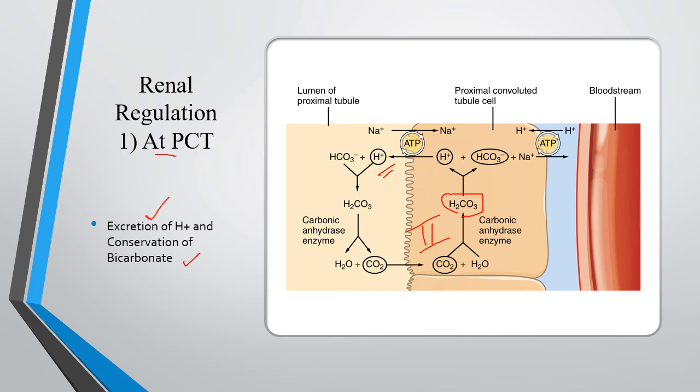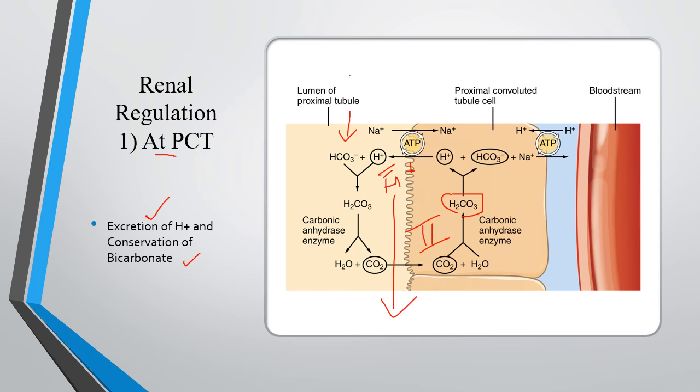This H plus, actually, in the diagram it's showing that it combines with bicarbonate, but actually H plus that is secreted from the cell is excreted out in the urine. So that is how the excretion of H plus occurs. Next, we'll go to how the conservation of bicarbonate occurs. So again, starting from this step,